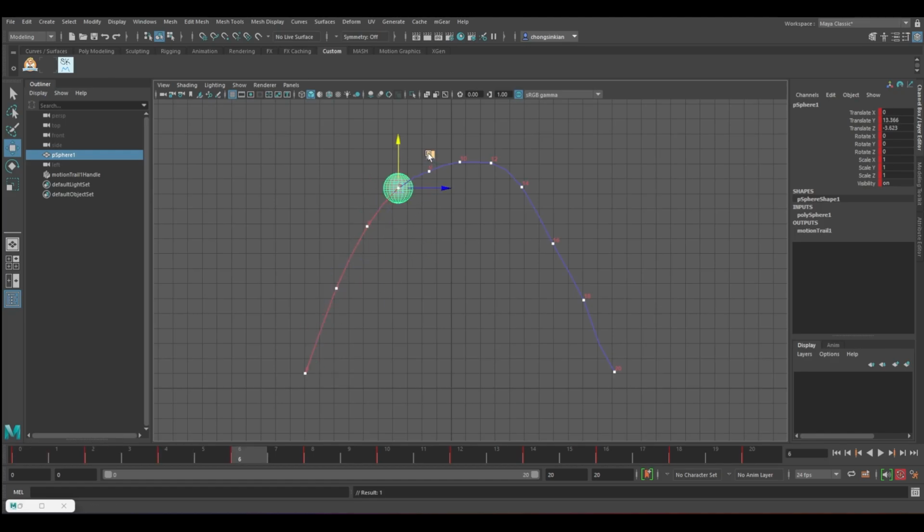Okay, just like what I did for the run cycle. Although if you use the graph editor for a bouncing ball, it will be much faster. Something like this is evenly spread out, and you can see that for a bouncing ball, the 10 is the highest point. So the 8 should be the closest, the distance should be the closest. And you can see 0 to 2 is where the distance is the largest. That's why we call it ease in, then ease out. So this is ease in and ease out for a basic bouncing ball.